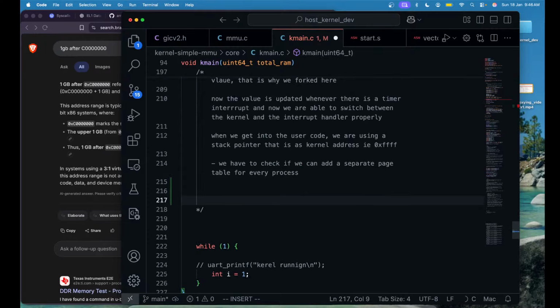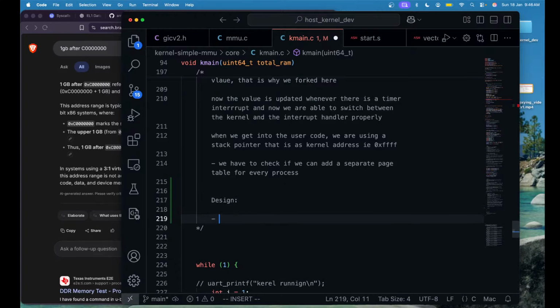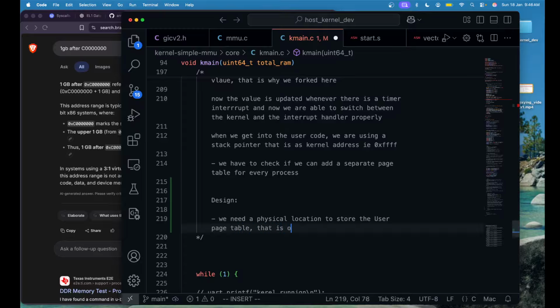So design: we need a physical location to store the tables, user page tables. So that is of 512 into 3 size,